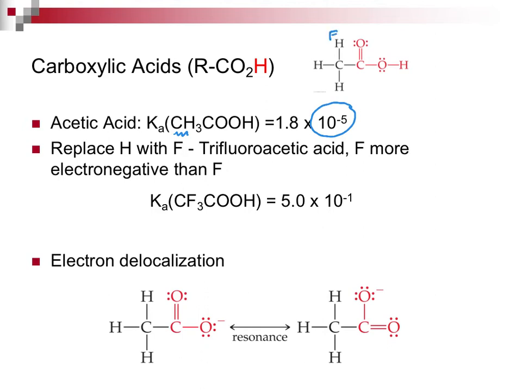What if I replace each of those hydrogens with the more electronegative fluorine? Well, when you go into the literature and you look for the value, you can see that the equilibrium Ka has become much larger. That is because the fluorines are more electronegative. They are pulling, allowing for the release of the H+. So when I look at this, I say I'm using these symbols, but symbols are what we use to represent